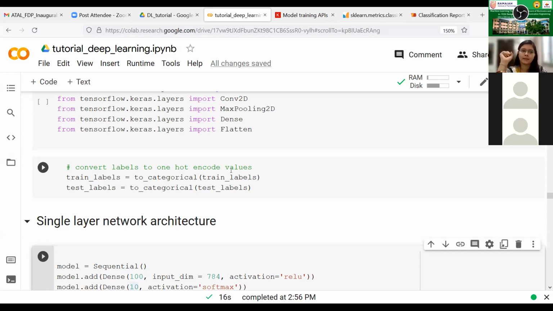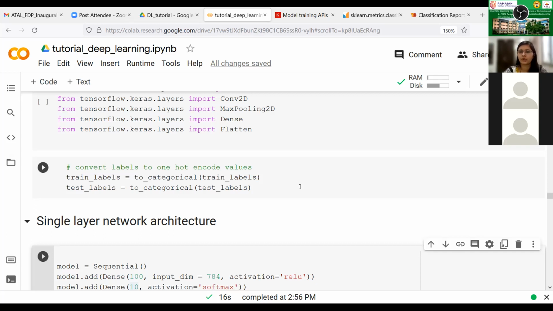So for example, if the highest class value is on the first position, which means that the predicted label is 0, and so on. So for that, we need to convert our labels into one hot encoded values, so that,